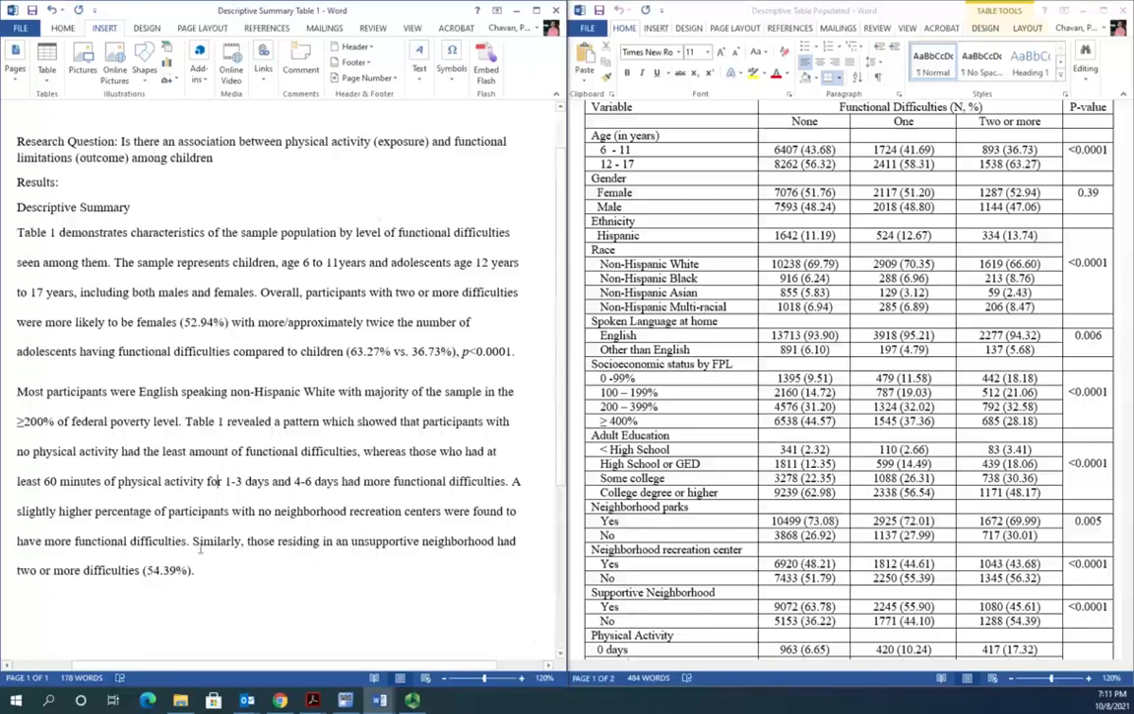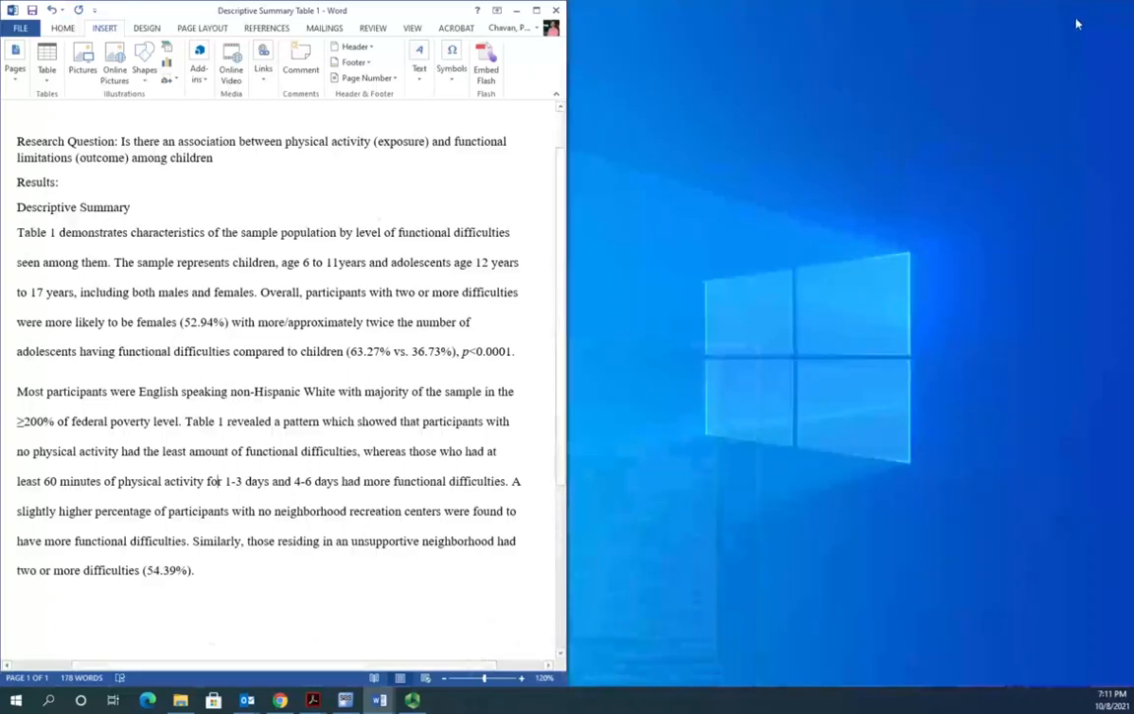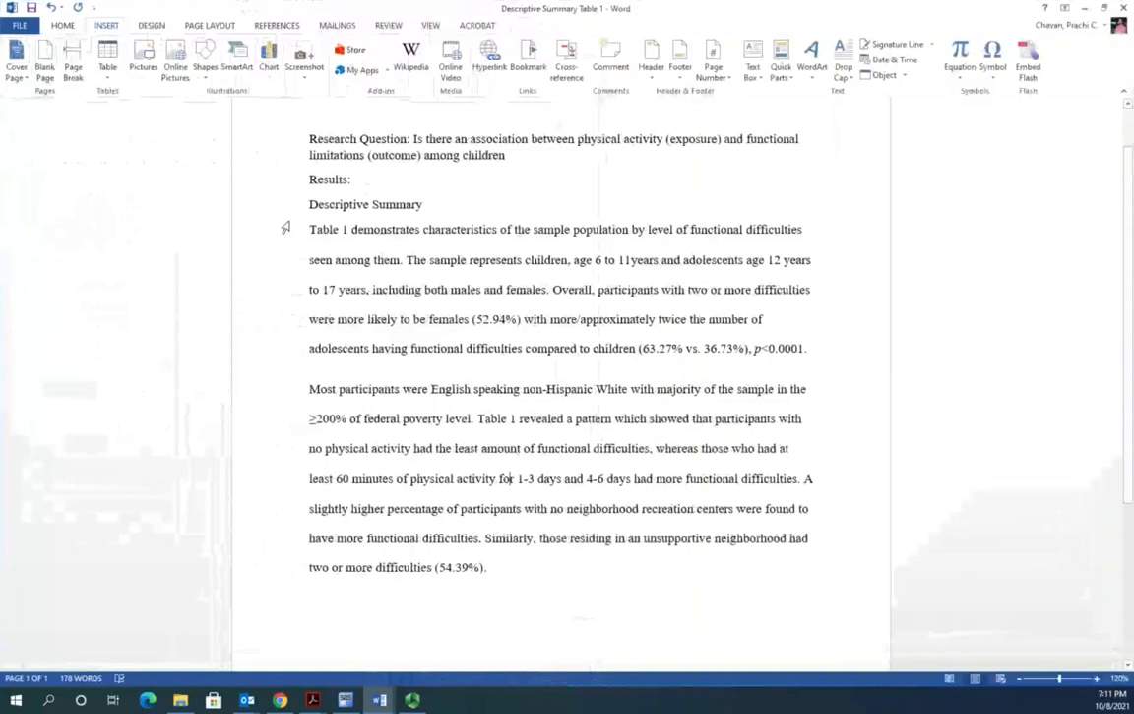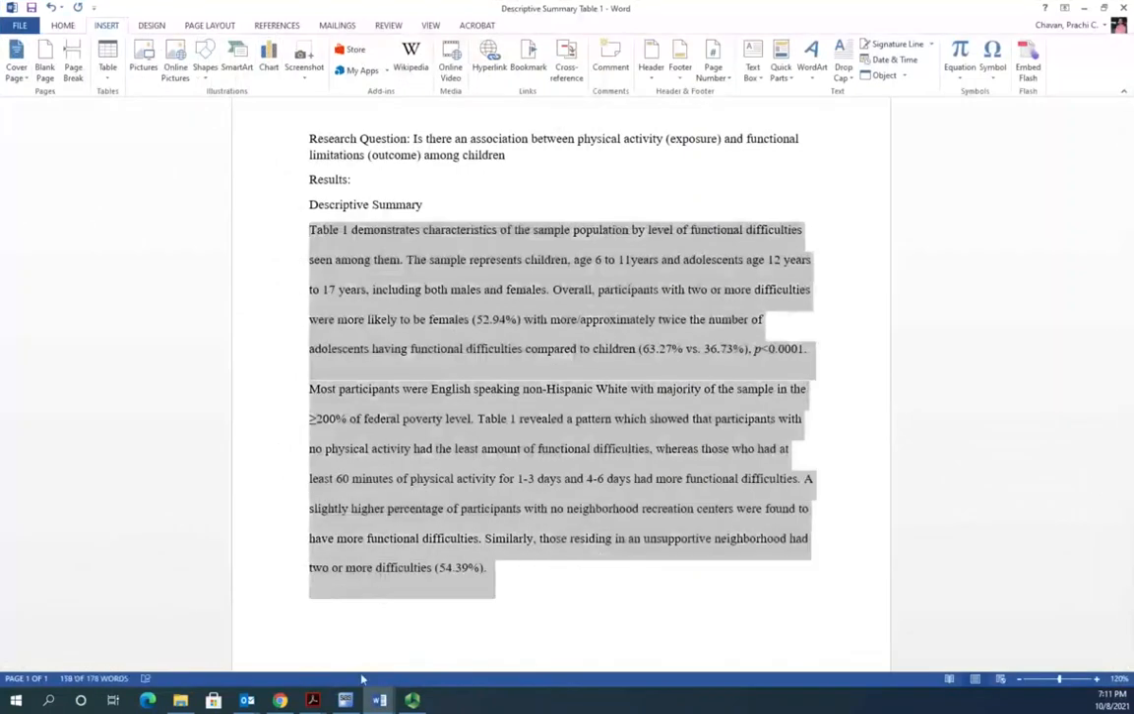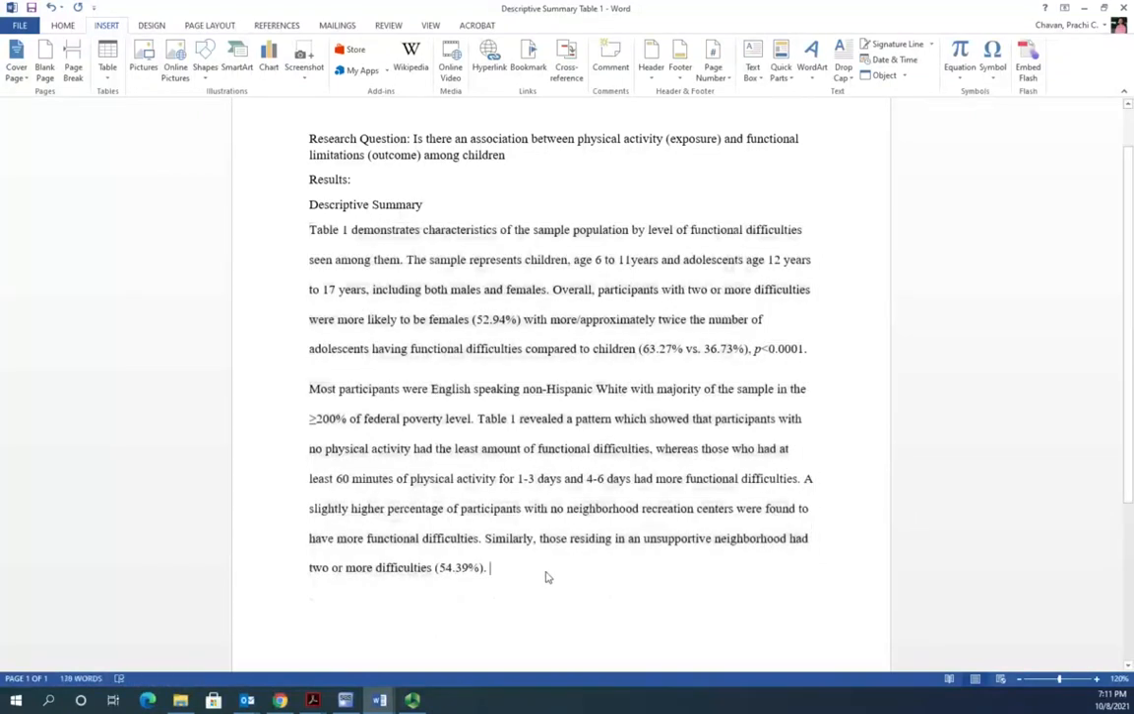So the last sentence over here is, similarly, those residing in an unsupportive neighborhood had 2 or more difficulties, and then the percentage is 54.39%, which is basically this percentage, right? So this is how you should go on to describe your summary, which you will find in the table. Also, you will see that this particular summary, if I highlight it, is 159 words, so 160 words you can say, right? So when we are writing a descriptive summary,